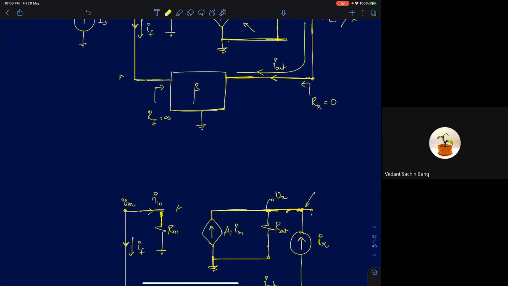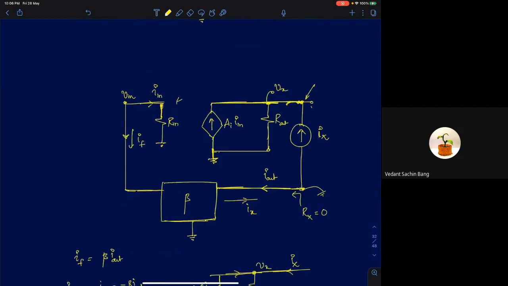And we discussed how to find the output impedance in this case. I have already derived it in the previous class. I'll just take a minute to revisit it once, and then we will go back to the naming conventions. So we are supposed to find the output resistance as seen at the output node. To do that, we said instead of the load resistance, the output two-terminal element to which you're delivering some power, I'm going to replace that with a current source Ix and then monitor the node voltage Vx developed at this point.